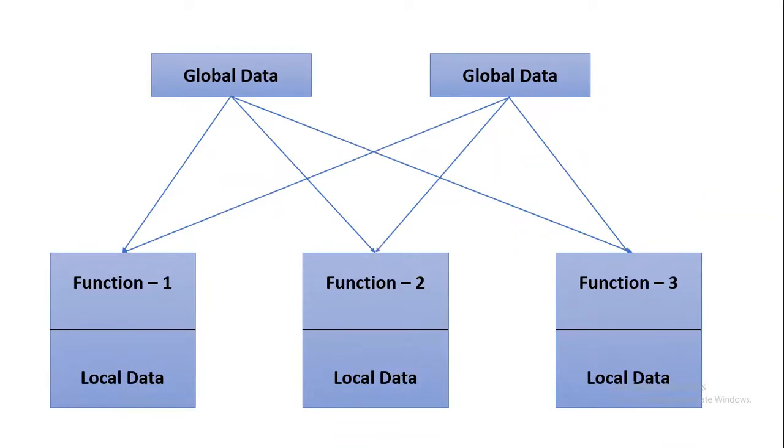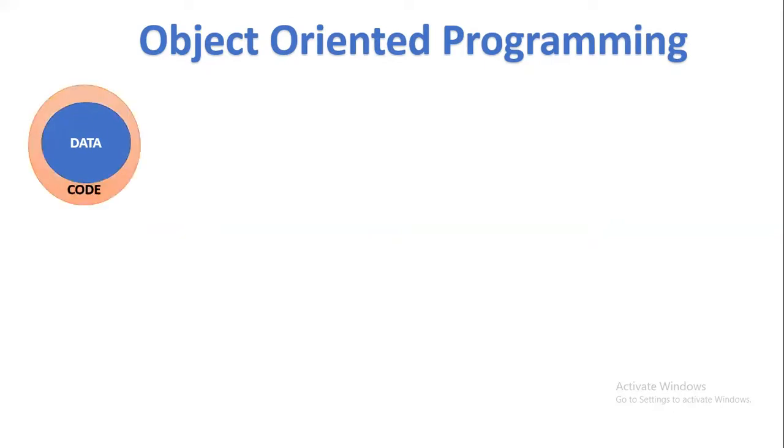That's why we go for object oriented programming. In pure object oriented programming, there is no global data concept, like Java. So let us see object oriented programming. In object oriented programming, they give main focus and high priority to the data instead of implementing functions or writing programs, nothing but coding. This is the main important thing in object oriented programming.